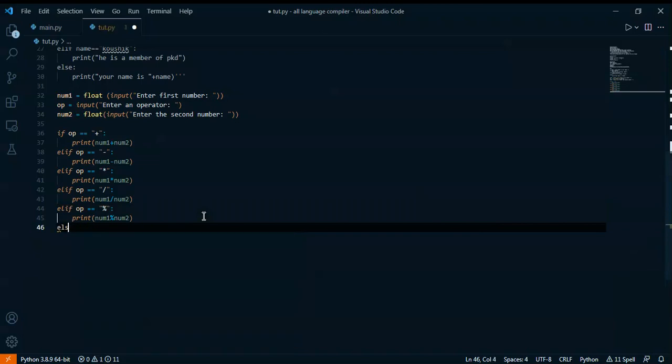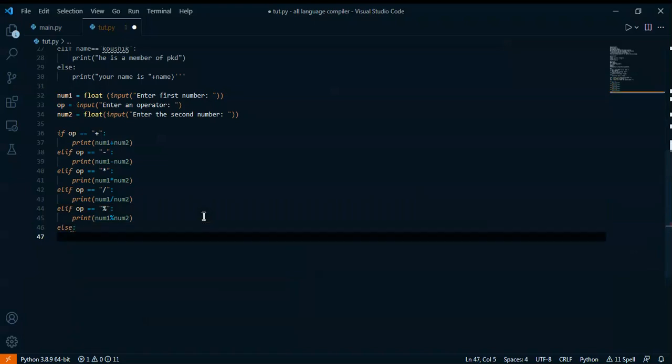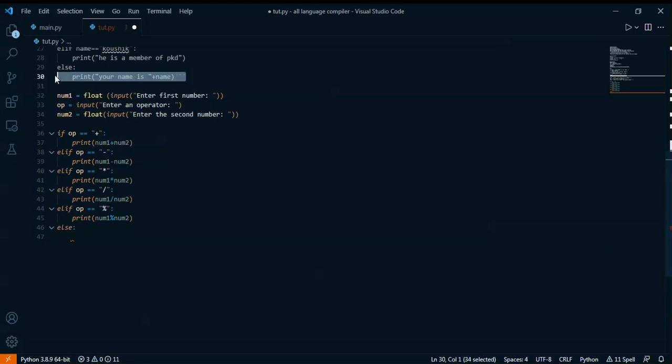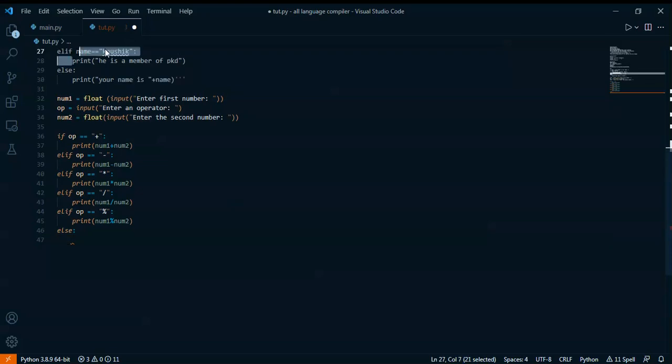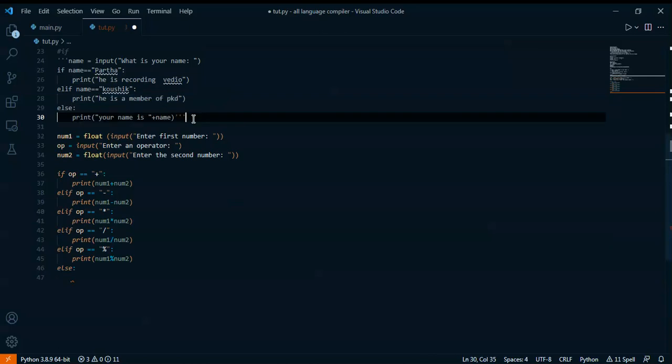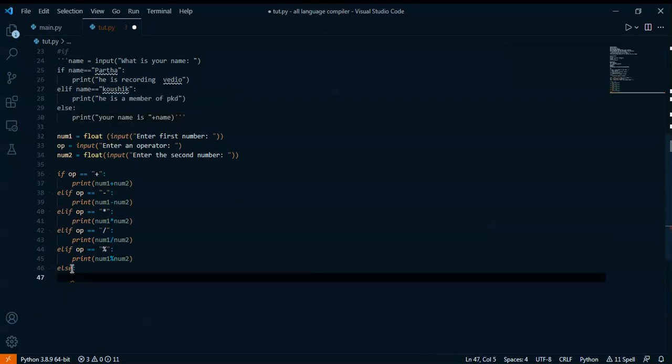We have to give else, like I have done here. You can see else print your name. If the person doesn't give the name, then... if you have not seen that, if you don't know about the input statement and the if statement, you have to see that. And if you know, I think you have seen my video, so it is good. So now else print